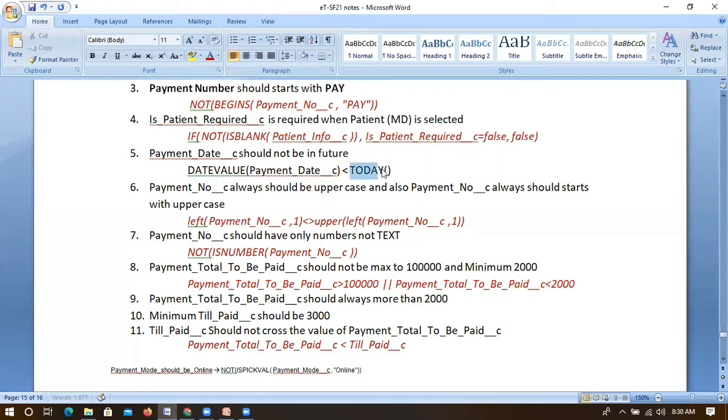Instead of today, if you have written now, which we will be using for date and time, it will have both date and time format. So when you have date time fields, then you have to use now. It will check today and now, date and time also.